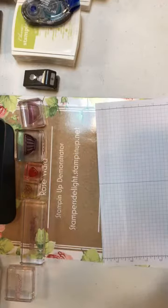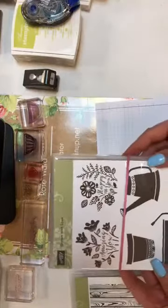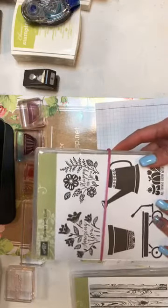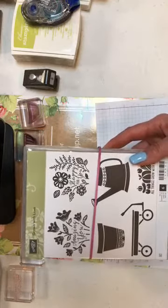was with the Grown with Love. That's the stamp set and framelits, and I just got this set not too long ago and finally got to use it, and that's also being retired. But hey, everything has to come to an end, and everything new is going to...